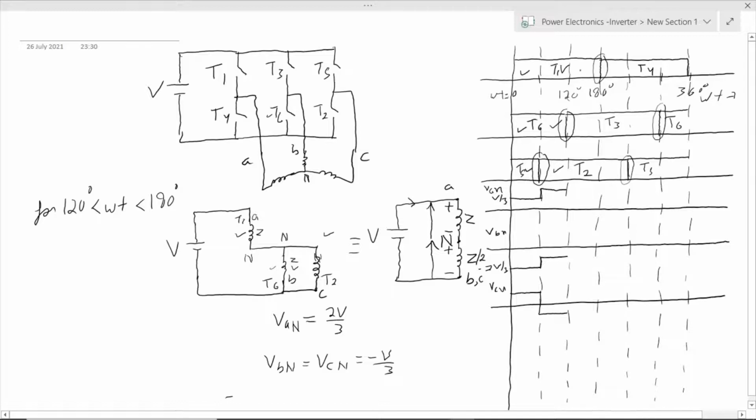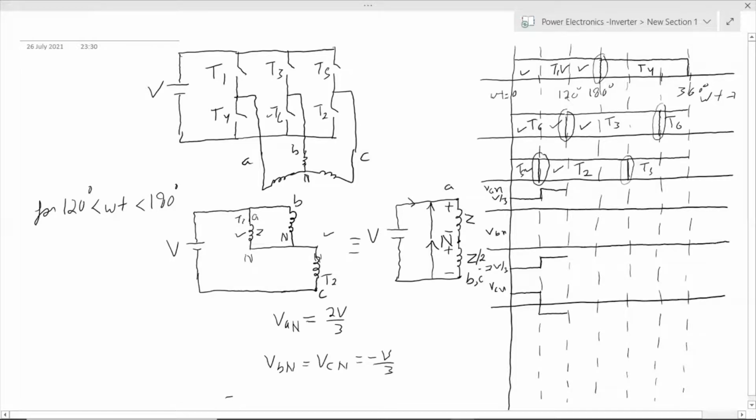So T1 is remaining on as it is. So T1 we are having in our circuit. Now T3 is on. T3 is the B phase. So now the B phase is connected to plus B potential. Okay, so we can remove our B here and we can connect our B here. Now see how the things are changing, and similarly the circuit will also change.